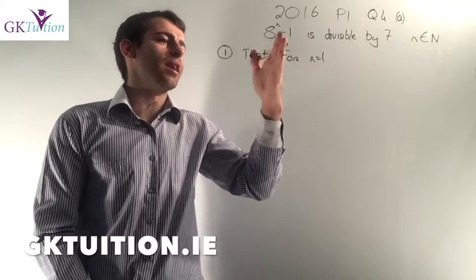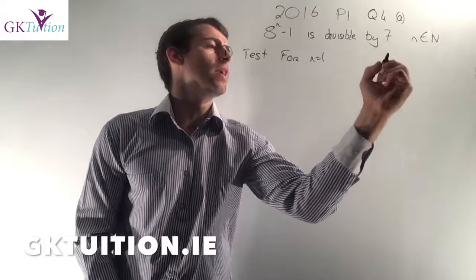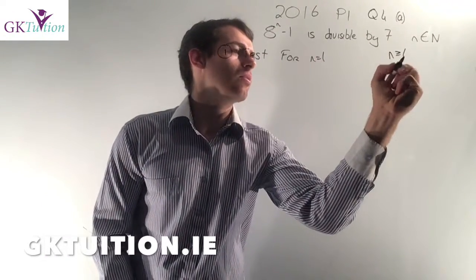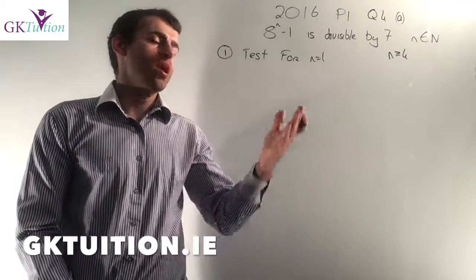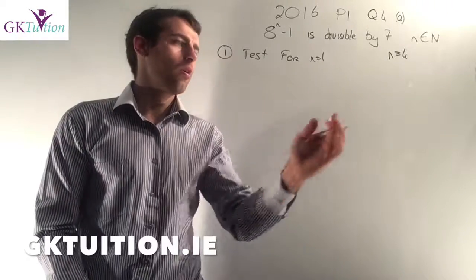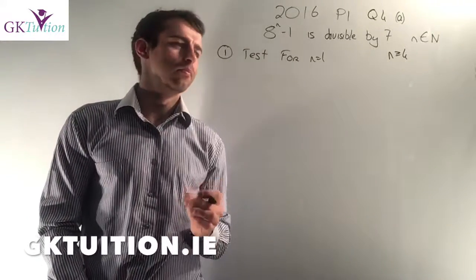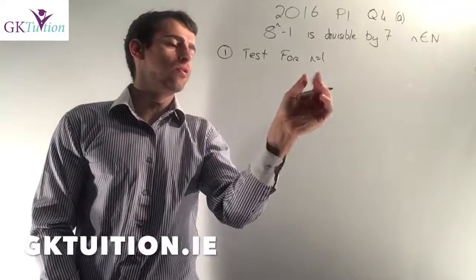We could have been asked the same thing. Prove that 8 to the power of n minus 1 is divisible by 7, where n is greater than or equal to 4, and n is a natural number. So it could have said that, in which case we would have started off by testing for n equals 4. We would have started off with the first number. However, in this case, it just said natural numbers, so I have to start off with the first natural number,